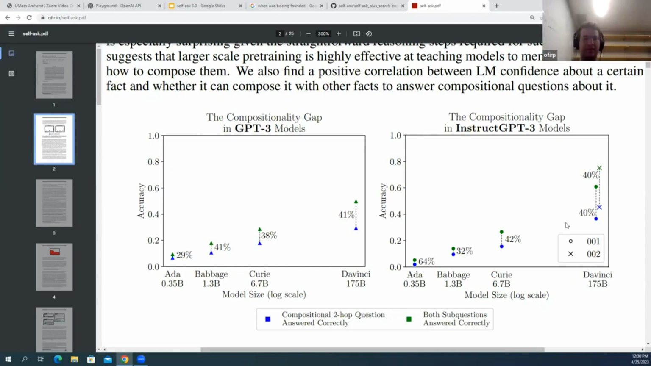Final questions? Does anyone else have questions? So I had a question about whether you have tried changing the temperature or the variability in the